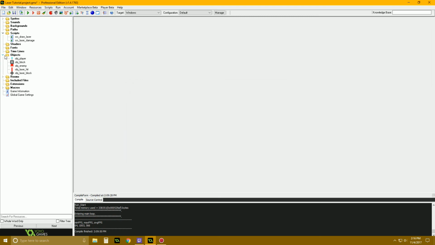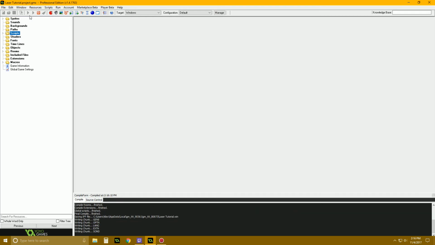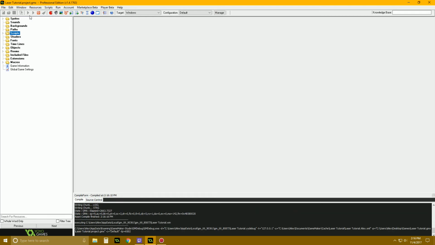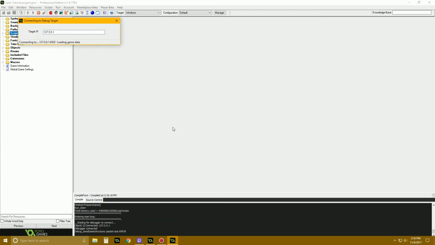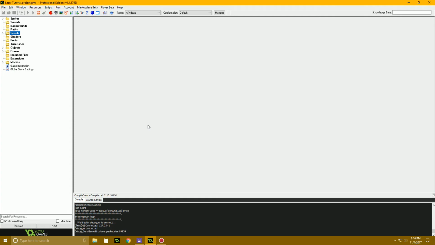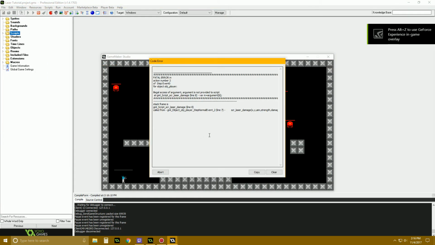Now let's go in here and hope nothing crashes. I haven't added a block yet and I accidentally hit debug mode. I hate it when that happens, because I don't want debug mode. Let's just go in and make sure everything's still working. Target IP, yeah, we don't want that. Goodbye. Alright, just to make sure, var m master